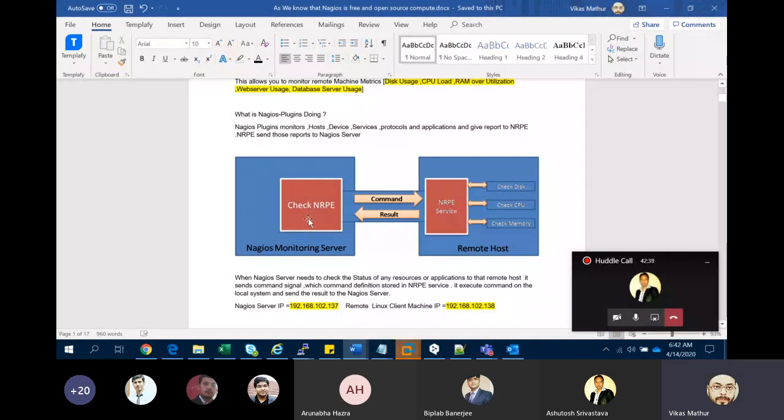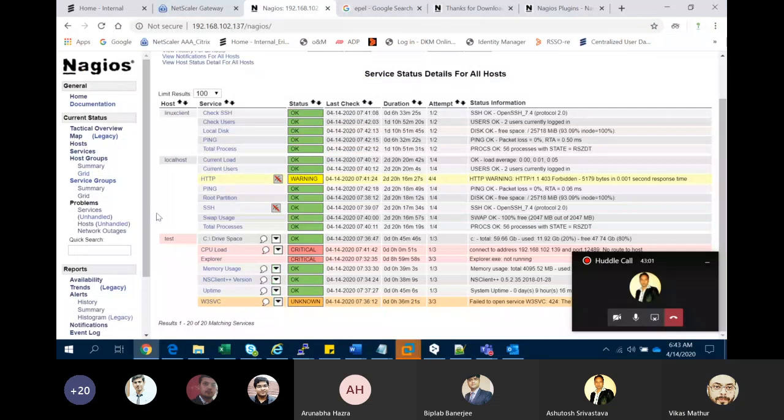When your Nagios server sends a command to the NRPE service, it collects all the data metrics: your disk utilization, CPU utilization, RAM, and any applications you want to monitor. This information is collected and sent to your Nagios server, and the Nagios server will display it over here.